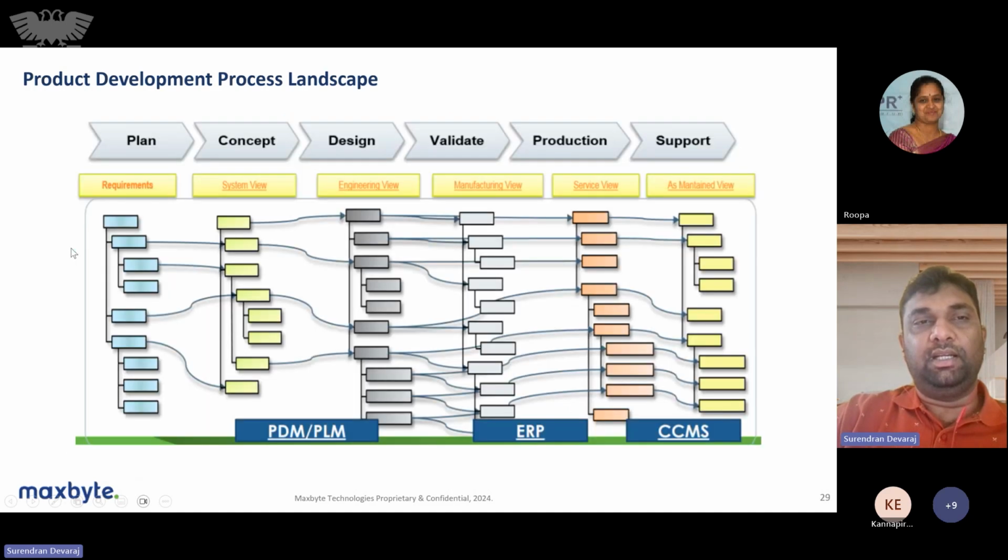As I said, right from the planning till the support, the data will be viewed by different teams in a different way. The system team will view it in a different way. The engineering team will view the data in a different way. Manufacturing will view the data in a different way, whereas the service team will view the data in a different way. And we need a system that can manage all this data and represent the view, whatever the system or the people want in that particular format, so that they can take their